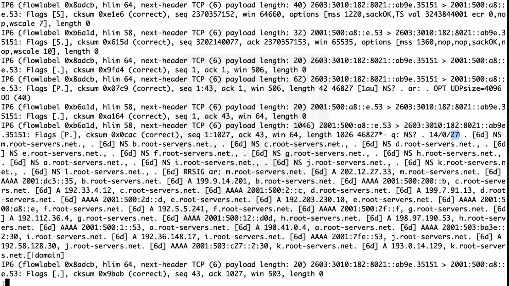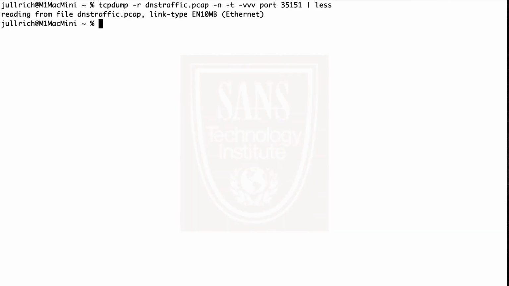The way this looks is that the 14 answers are the 13 root name servers, and then probably also a DNSSEC signature. And then the 27 additional records, those are the IPv4 and IPv6 addresses for these root name servers. And you see some of this here. So here we have the B root, C root, D root, and so on. Then we have the signature record. And then we have these additional records, which are the IPv4 addresses, as well as the IPv6 addresses for the individual root name servers. Okay, so let's go back and let's now exclude that particular session